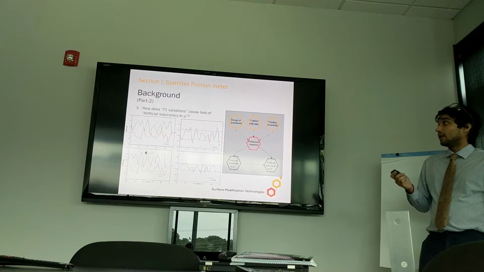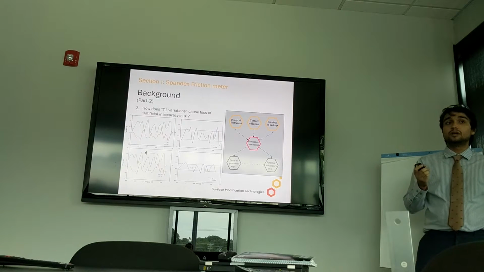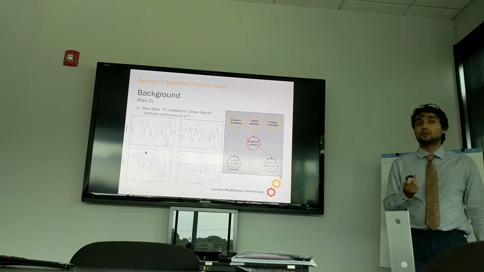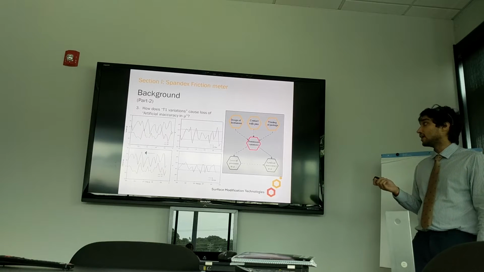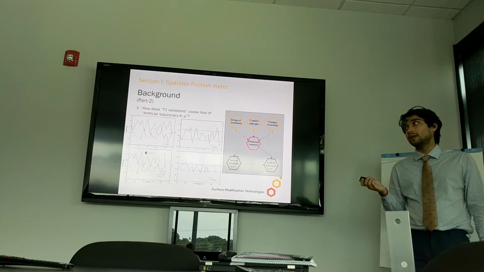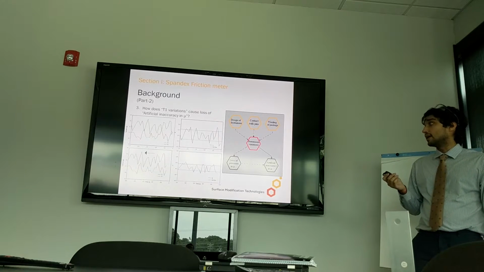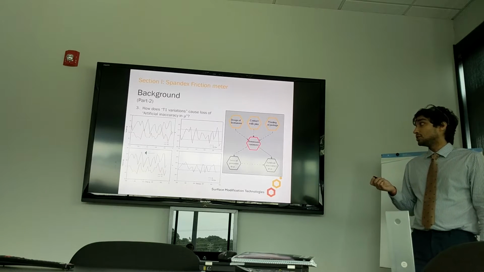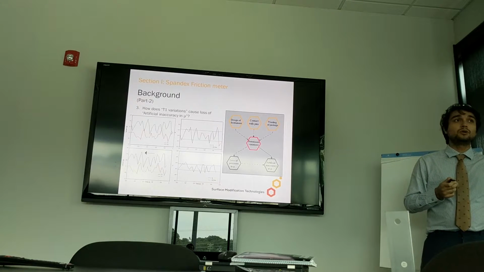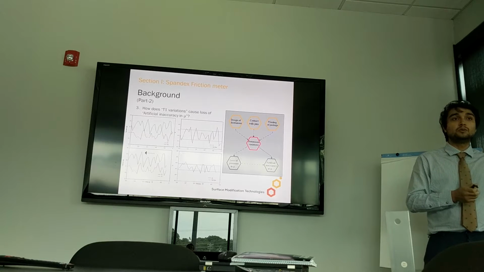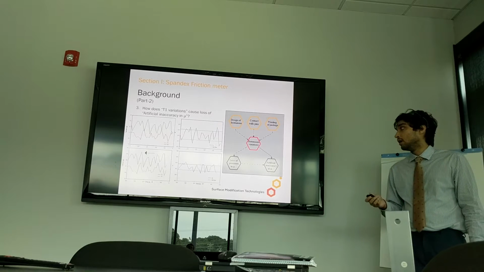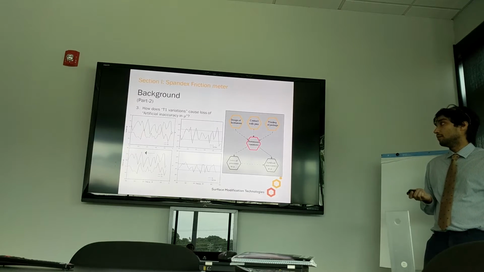On the top left, we see the T1 and T2 data streams over the course of 1 second. And so according to the previous study, we go ahead and calculate the coefficient of friction at each given point, resulting in the top right image. However, when we shift T2 to the left, which would be equivalent to assuming that there is equilibration time between T1 and a subsequent change in T2, then the standard deviation seems to go down.